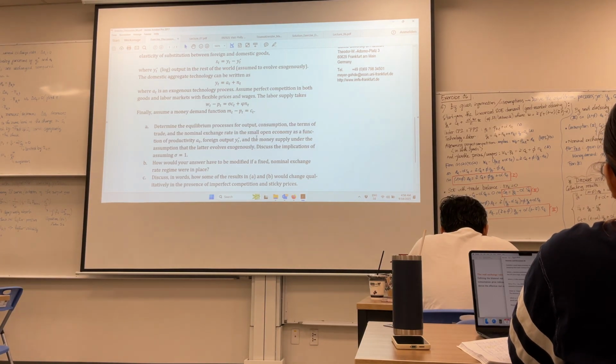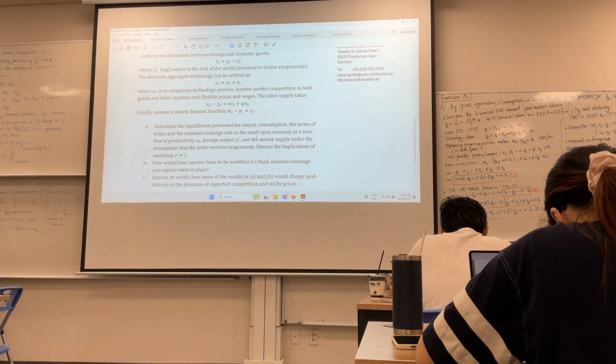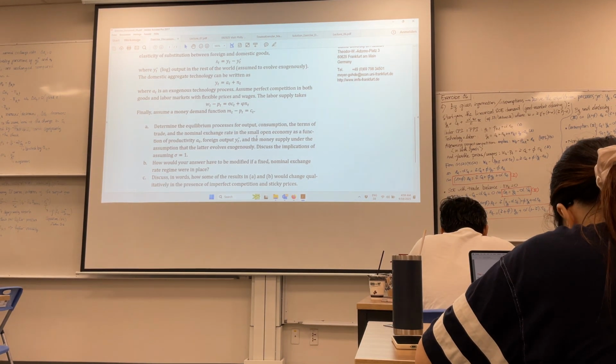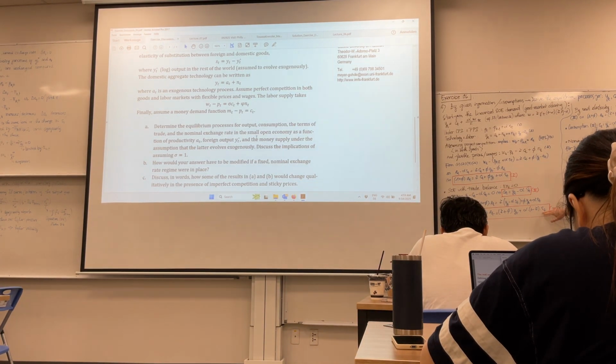And so if this goes up, we have to give up more domestic goods per foreign good. On the other hand, this means other countries are willing to give up fewer foreign goods to get our domestic good. So you have these two countervailing effects, and when